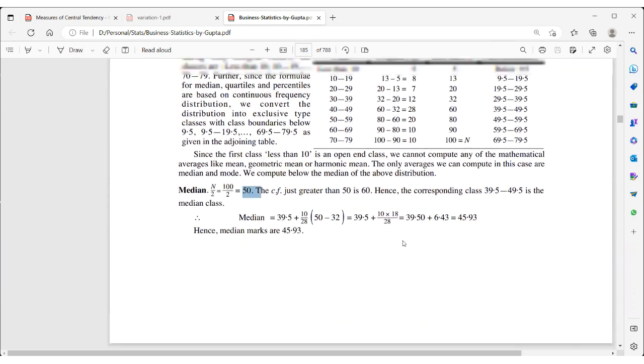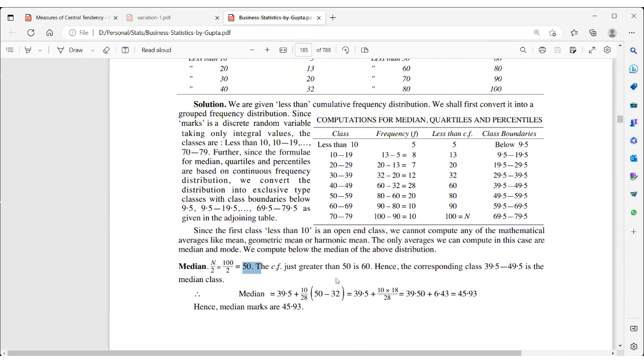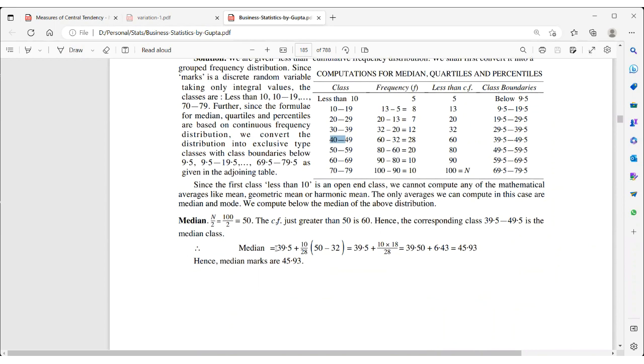N by 2 निकालते हैं, 50। अब 50 से जस्ट ग्रेटर, जो इससे जस्ट बड़ा हो, क्यूमुलेटिव फ्रीक्वेंसी में, इसमें देखते हैं, राइट? इसमें जस्ट बड़ा कितना है? 60। तो 60 की जो वैल्यू आती है, ये 60 वाली यही है, that is 40 to 50 वाली, राइट? ये हम 40 to 50 बोलेंगे मीडियन क्लास, ओके? तो इसमें 40 होती है लोअर लिमिट, तो इसमें L की वैल्यू आ गई 40। इसमें 39.5 लिए हैं, आप 40 कंसीडर करो, कोई बात नहीं।